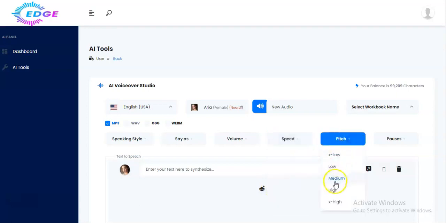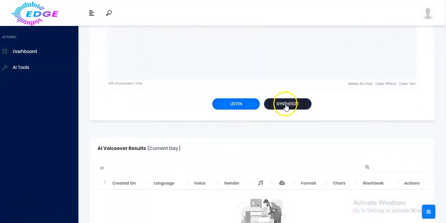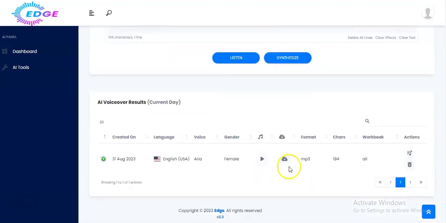Now the pitch, I think I want it as, let's say, medium, right? And that's it. Now you have to enter your text here to synthesize, right? You enter your text right here, then you scroll down and click on synthesize, and you see the voiceover has